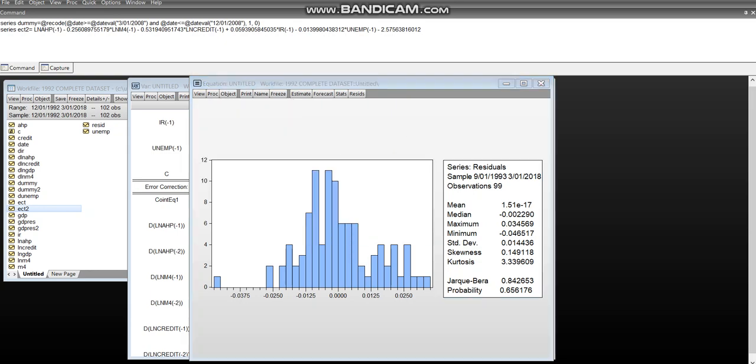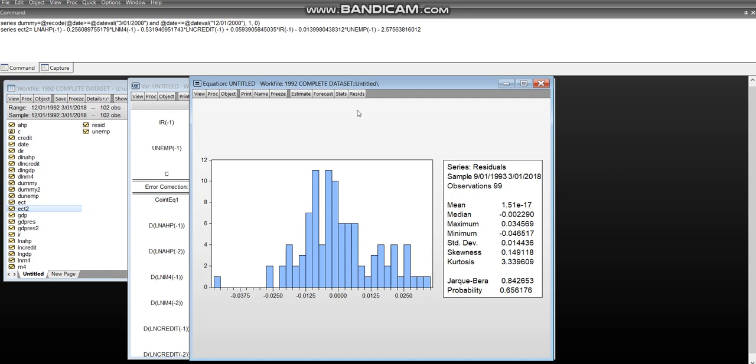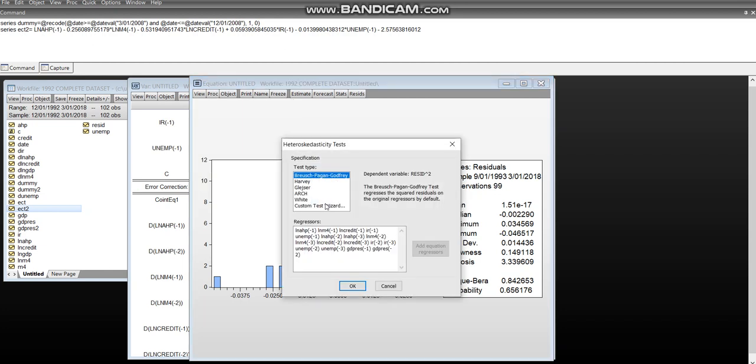So moving on, and again just moving on to the White test. This is a useful test for detecting heteroscedasticity. What's the null? The null is that the residuals do not suffer from heteroscedasticity. So basically we're hoping that we get a p-value of above 0.05 just to make sure that our residuals are homoscedastic. So let's click on View, click on Residual Diagnostics, click on Heteroscedasticity Tests,